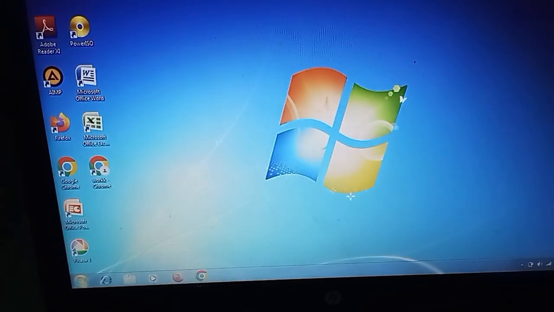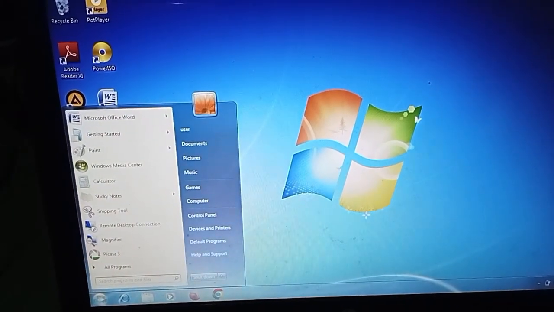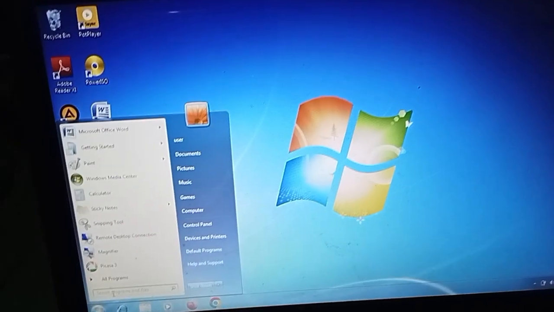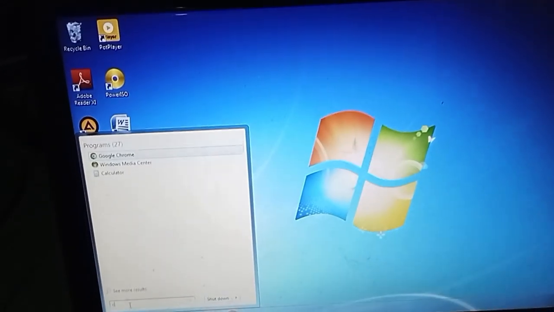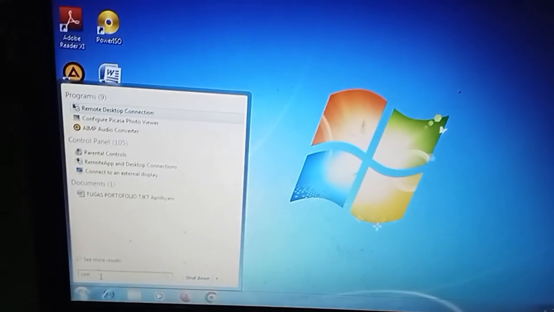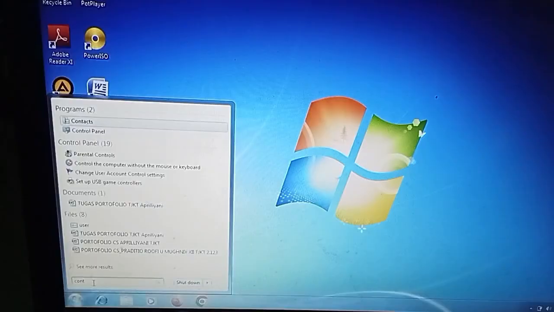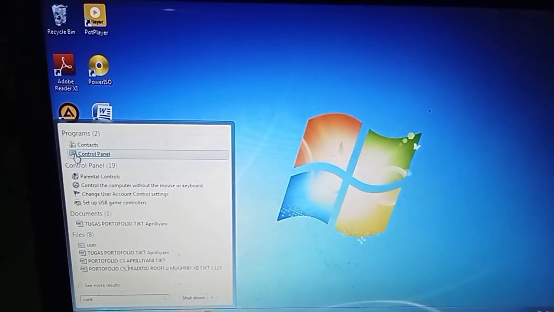First, I open the control panel. As you can see here, this is the control panel. Then I click the network and internet section. As you can see, this menu is related to network configuration, not only network but also hardware and software settings to manage internet and connection settings.